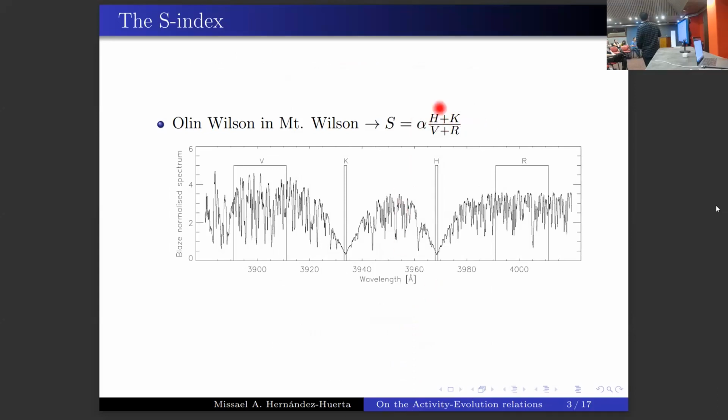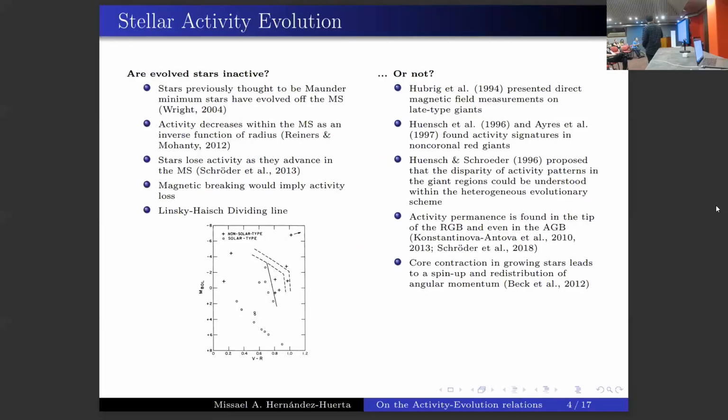O sea, es el flujo medido en los núcleos de absorción de las líneas H de calcio 2, simplemente pesado en el pseudocontinuo de la estrella, medido en dos filtros más amplios. Ya hablando un poco más sobre qué es lo que ocurre con la evolución de la actividad conforme las estrellas envejecen, resulta que tenemos mucha evidencia agrupada básicamente en dos frentes, que si bien no es que sean opuestos, sí que apuntan en direcciones algo distintas.